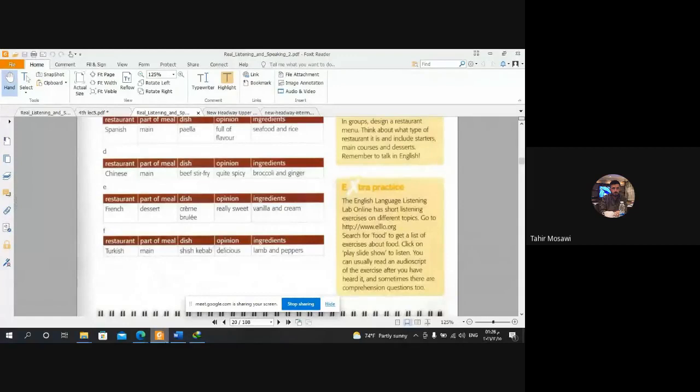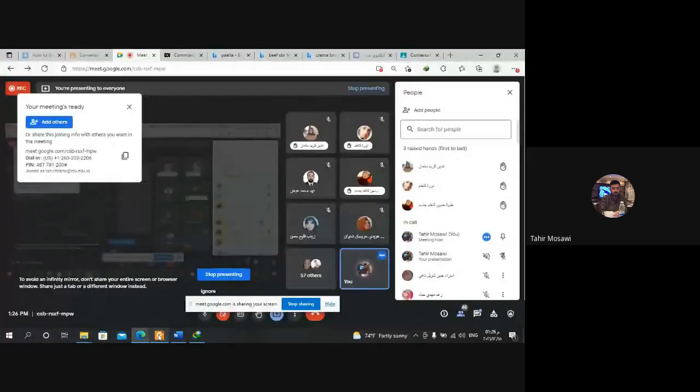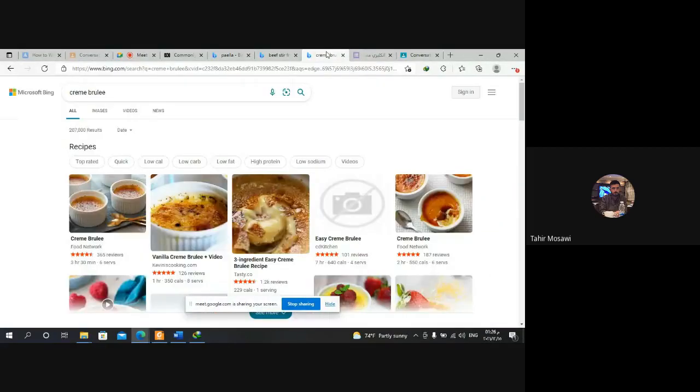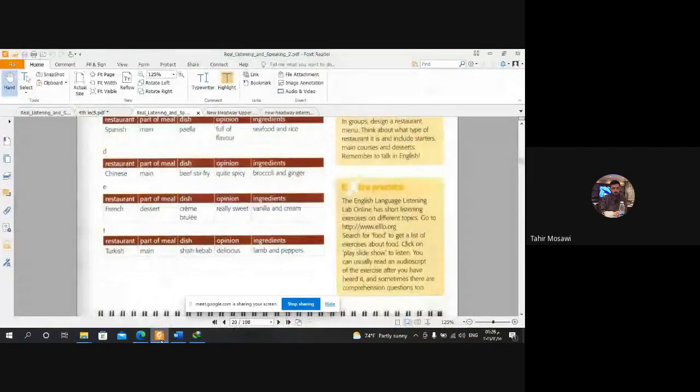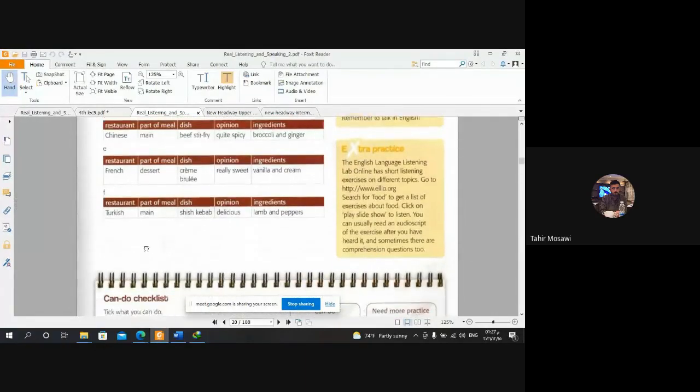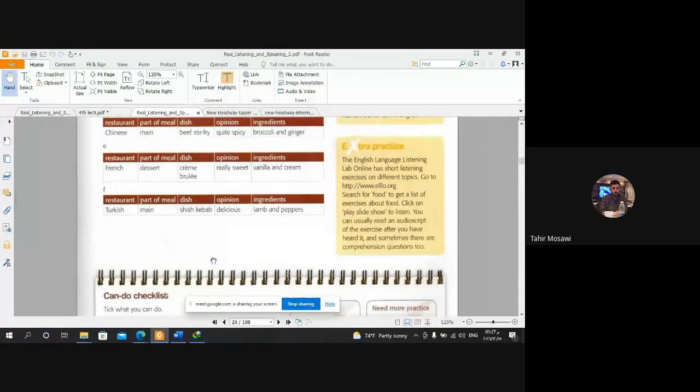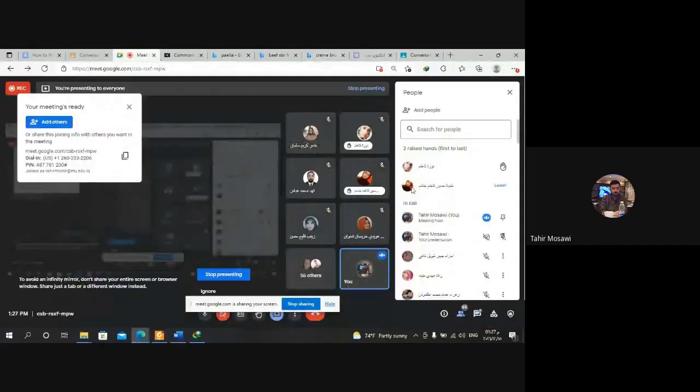Okay, thank you, Ghadir. Yes, this is a French dish. It's a dessert, and not a main course. It's a French dessert, and it is really sweet, and it contains vanilla and cream. While the last one is something we know and we don't need to Google, and it is, yes,